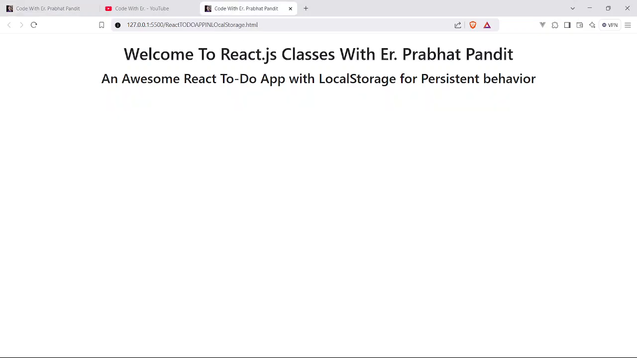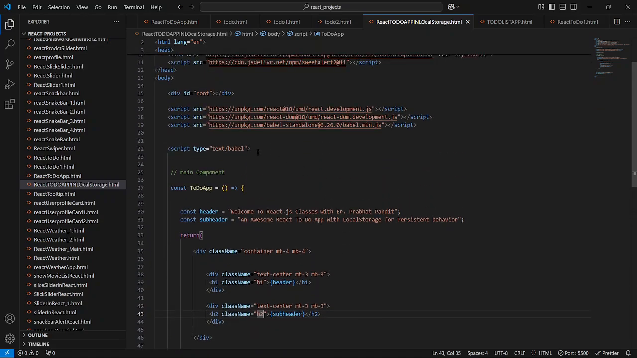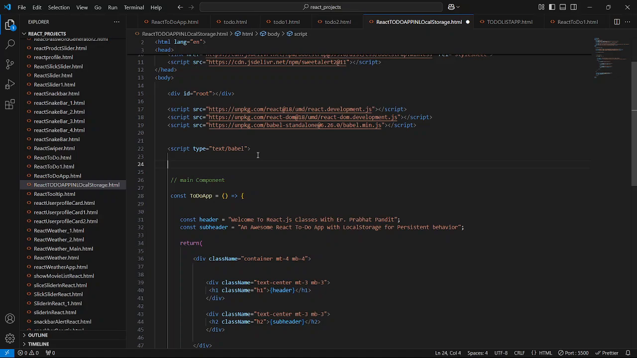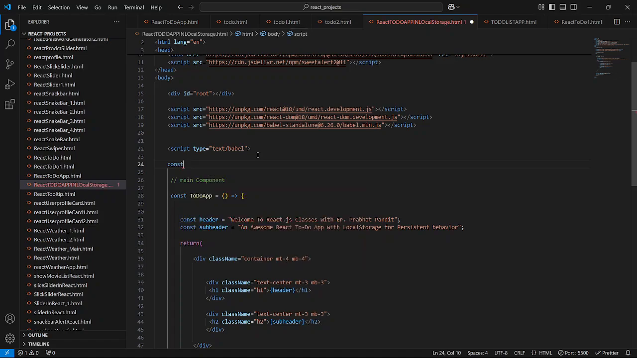Okay, so just come to the code now. First of all, I'm going to import something from React. I'm very sorry, because I'm constantly speaking to explain each and every minute detail, so sometimes there is just a slip of the tongue. I'm going to use the useState